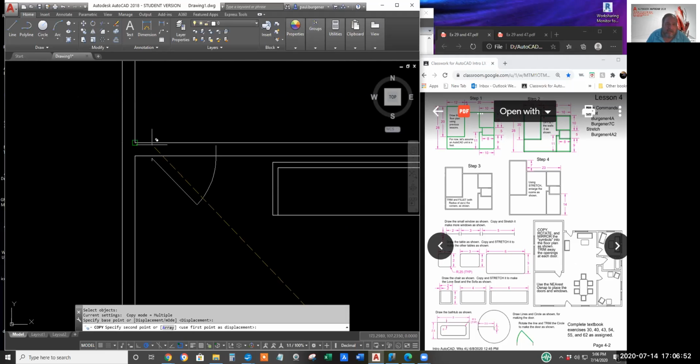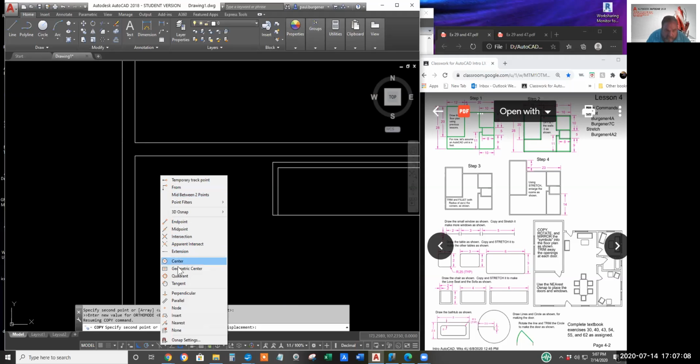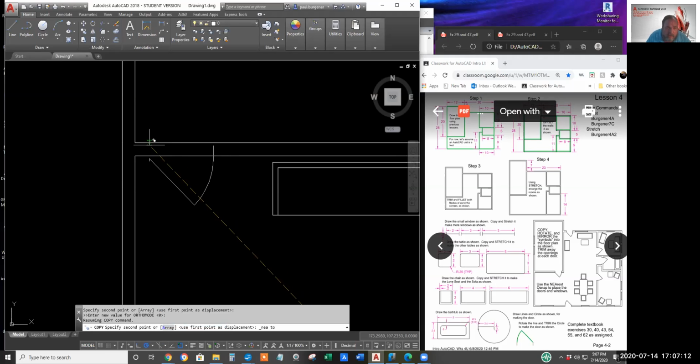I don't want to put them at the endpoint there. I want to put them about at a near point. I could snap him there and move him a few inches, a few fractions of a foot, or do it right the first time, hold the shift button, right click, invoke the nearest snap. And that'll allow me to put the door reasonably away from the corner. Trim, enter, shave away the garbage.